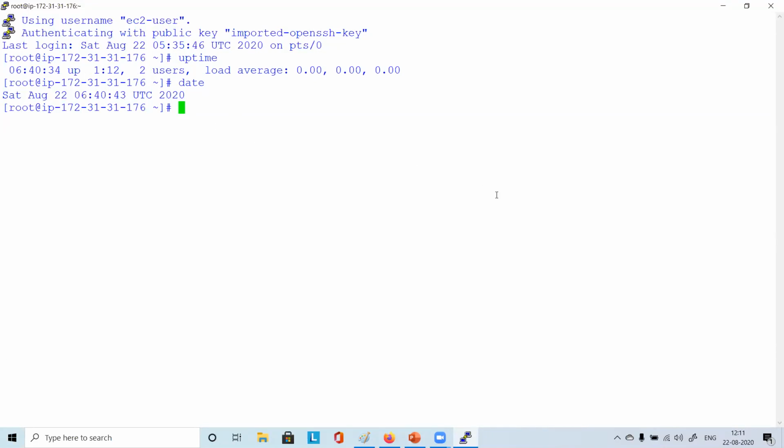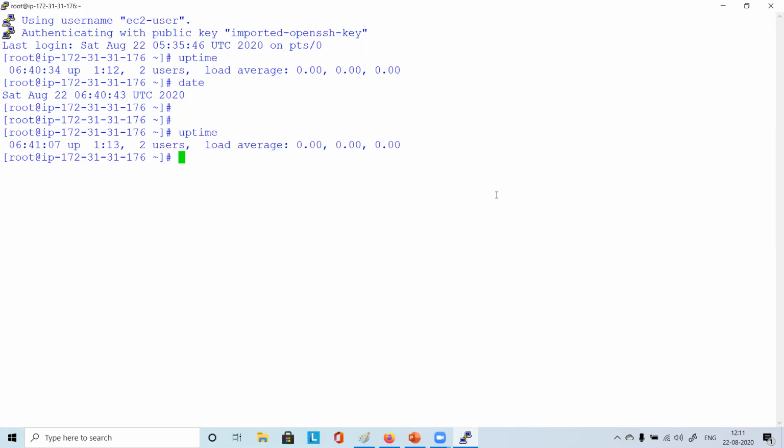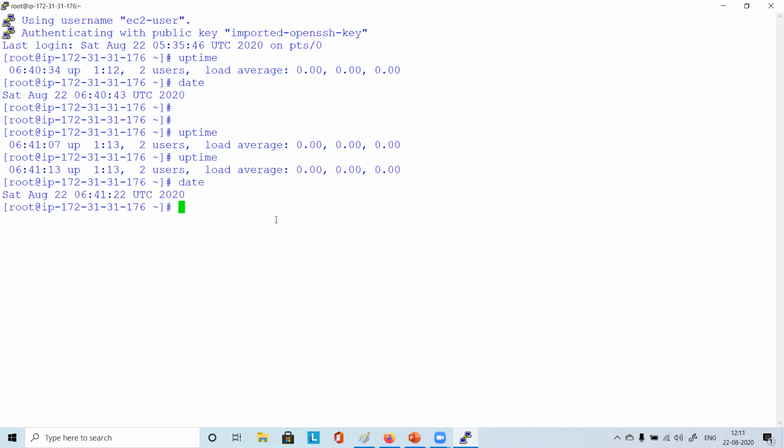Usually uptime shows since when the server was up. Now it is showing 6:41:13, and the date is showing 6:41:22.